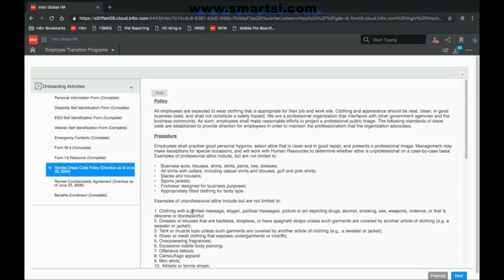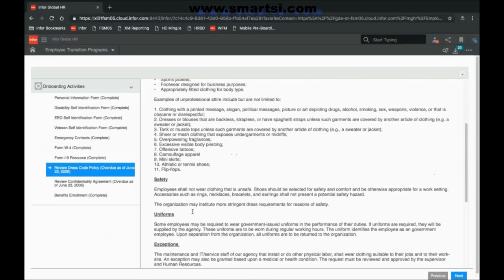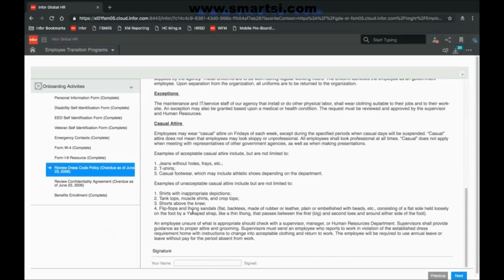So let's say this is a dress code policy. So we have kind of our user-defined text in here, and then we're wanting an electronic signature down at the bottom. And then the last thing I'll tell you, and this is just an example that we can pull this